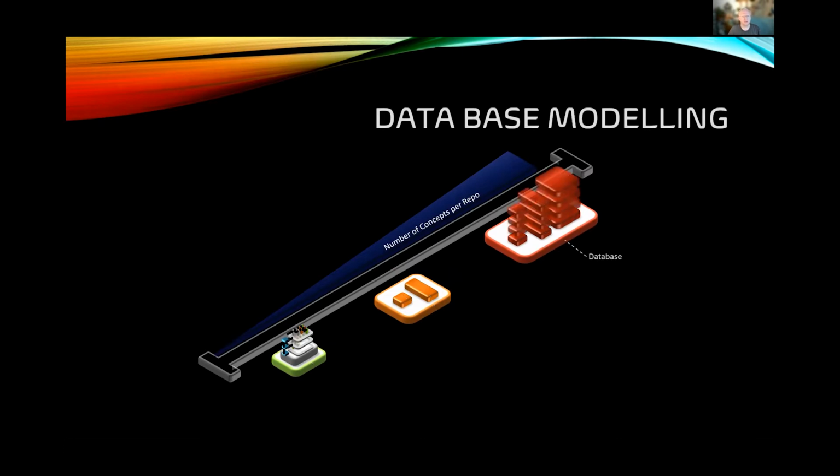I'd like to contrast what database modeling might look like. And here you would see that in one database, you would have multiple rows in a table. Normally we would put all of the same concepts together in one table. I'm just drawing them in different colors to distinguish that a bit more easily. But this is how I would imagine a database looks like. It's able to store multiple concepts that we're modeling, usually in separate tables. But its job is to keep those rows or those instances of those concepts together.